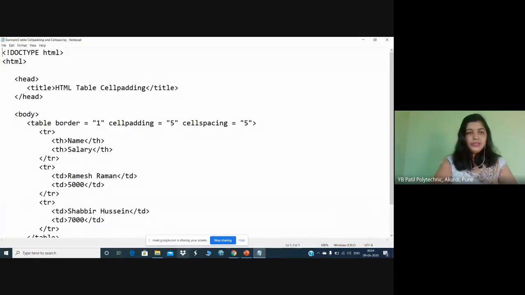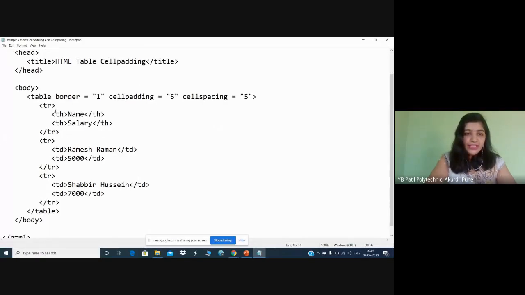Here is how to use it. Body, table border is given as 1, cell padding is given as 5, and cell spacing is given as 5. The same table I have created here by using table head name, table head salary, table data as Ramesh Raman and 5,000, table data as Shabbir Hussain and his salary as 7,000.